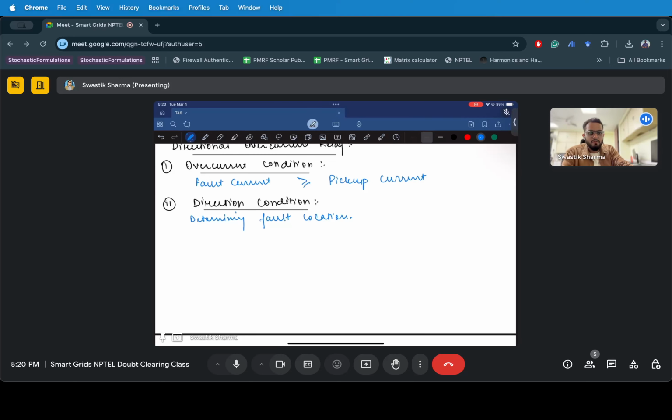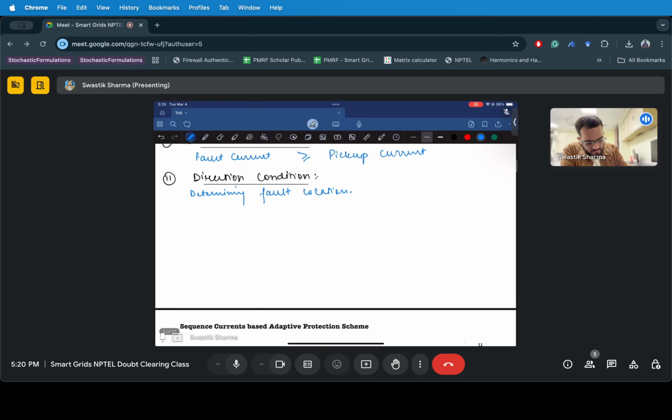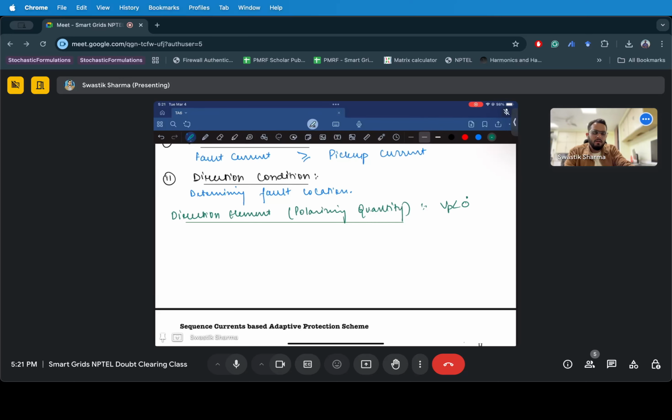So with which you can sense, especially for a directional element, you need a polarizing quantity, and we discussed last class that the polarizing quantity is the voltage. So you take voltage as the reference, right? Voltage phasor, some V angle 0, or we call it VP, the polarizing voltage, right? So you take this reference into play and you measure the relative or the phase angle difference between the